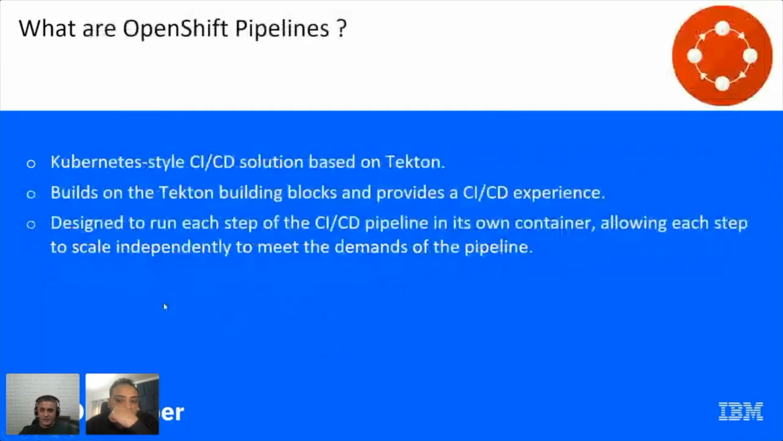All right, so this is the icon for OpenShift Pipelines. So you're basically going through the stages of development. It's a Kubernetes style CD solution based on Tekton. It builds on the Tekton building blocks. It's designed to run each step, like we said, steps are tasks, in its own container. So that's the beauty. If one task is called git clone, in the pipeline,